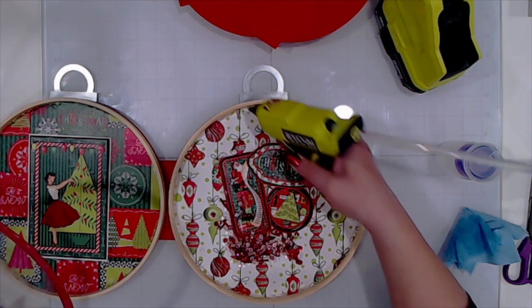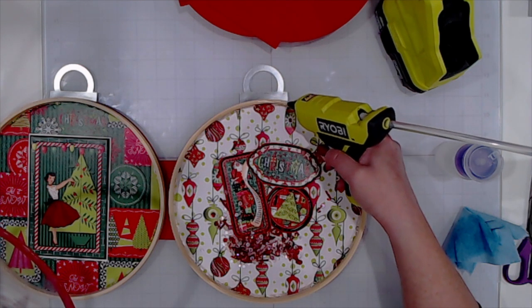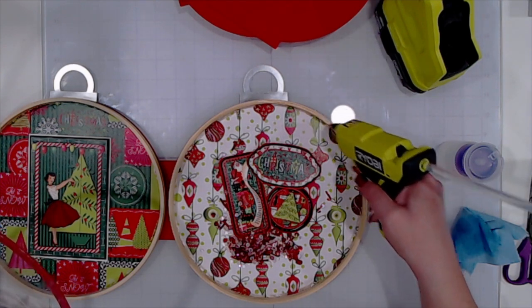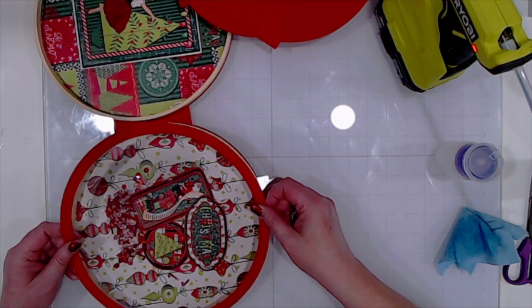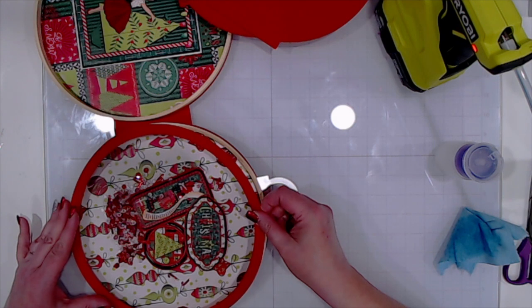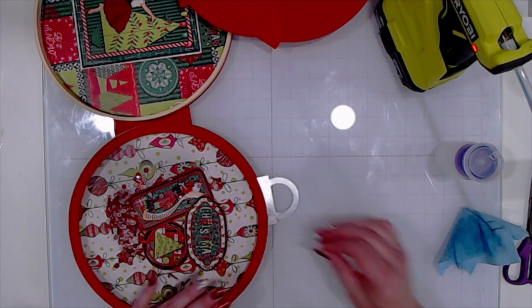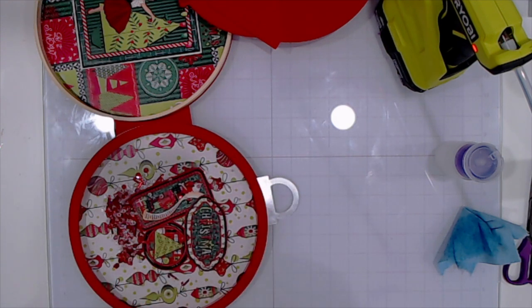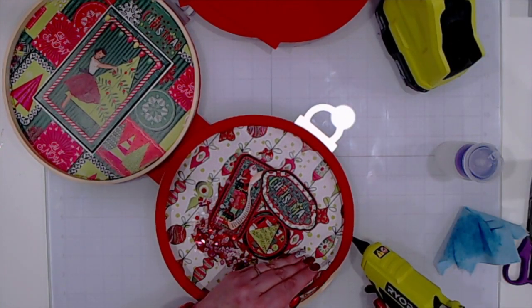Okay, so this one we have a little bit more leeway. So I am going to start with glue along my top edge. I'm going to flip this over. And this should fit exactly on top of the frame. Okay, so got it tacked down in one spot. So I'm just going to very carefully lift up